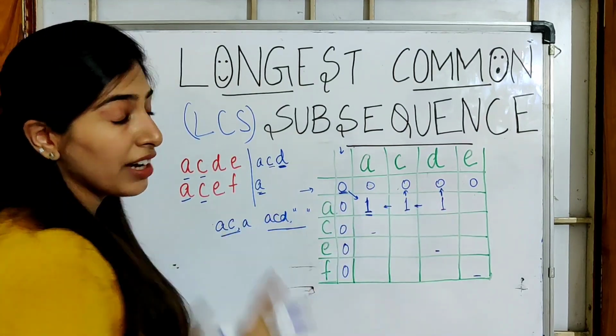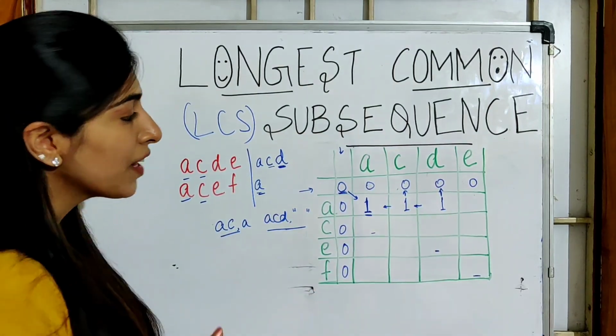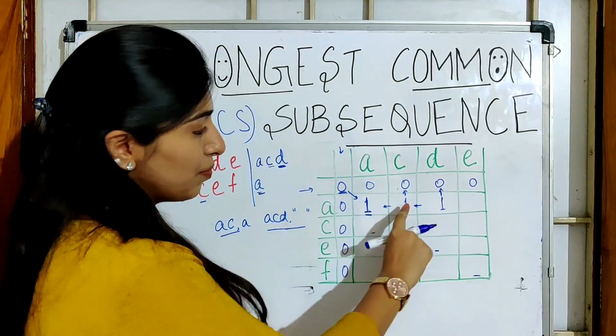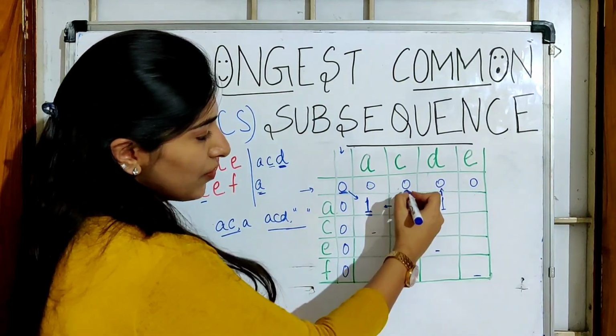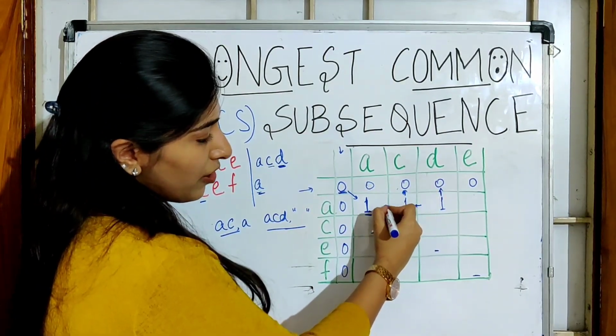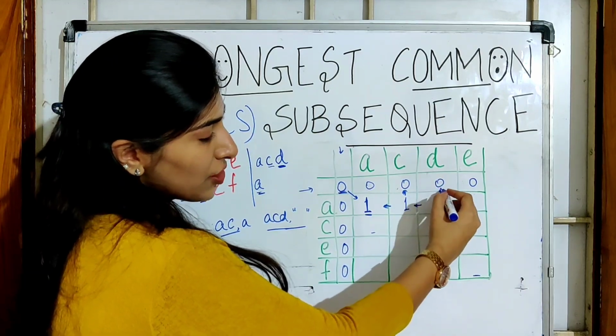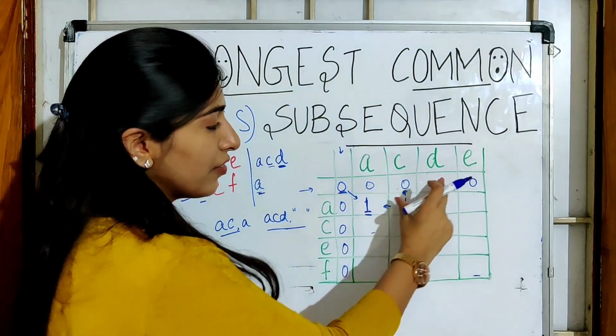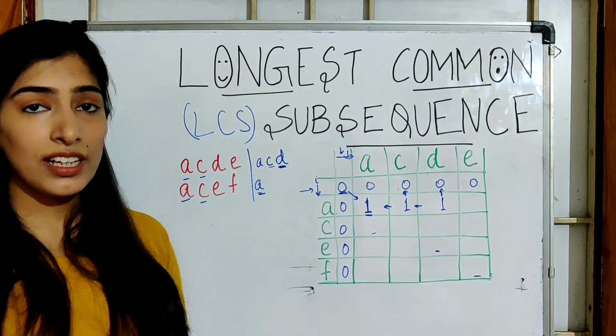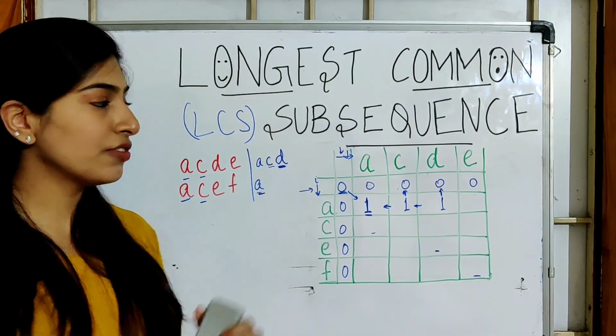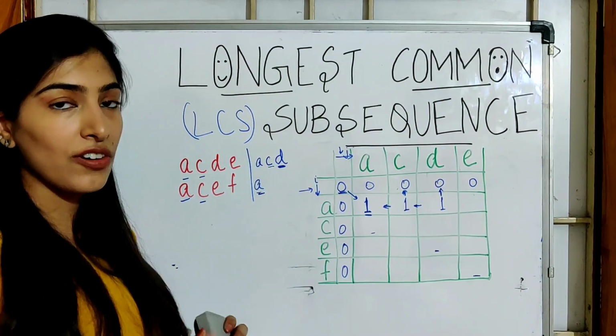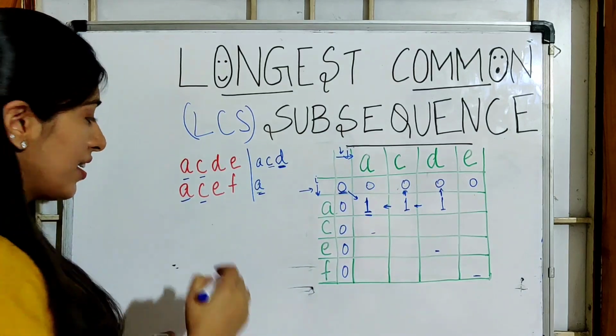So here again you will notice one more pattern. What is happening for both these values? What did we do? We saw the values on top and on the left, right? So the value on top and left, and we got the maximum of those two values. So let's try to write the general formula from whatever we have understood till now and see if it applies for the rest of the grid as well.